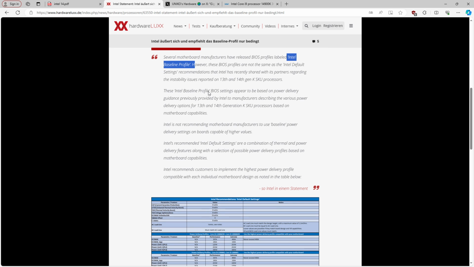Anyway, let's keep going. So these Intel baseline profile BIOS settings appear to be based on power delivery guidance previously provided by Intel to manufacturers describing various power delivery options for 13th gen and 14th gen K-SKU processors based on motherboard capabilities. I'm assuming this guidance is very, very old guidance, from the early days of speccing 13th gen and